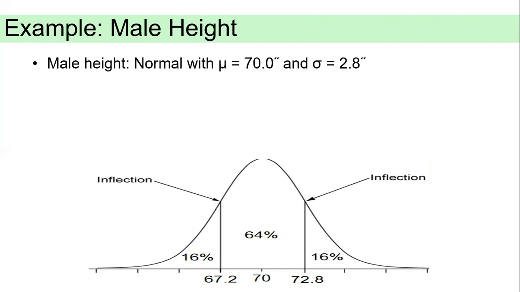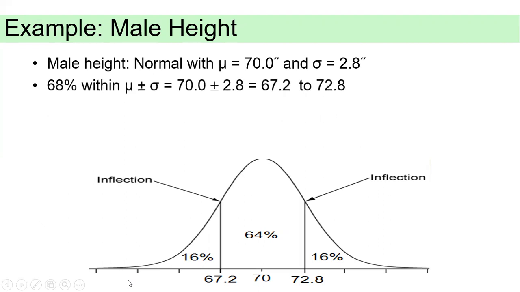So if we talk about within 1 standard deviation away, of course, from 70, you subtract the standard deviation. 70 minus 2.8 gives you 67.2. From here, 70 plus 2.8 gives you 72.8. And according to the empirical rule we discussed earlier,